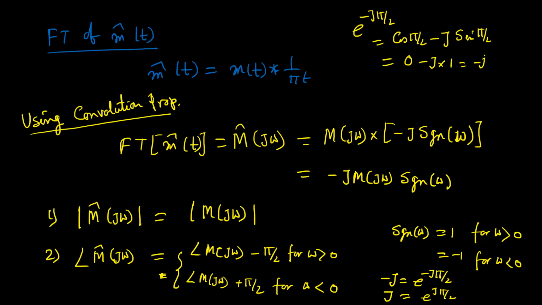Now, if I consider a real signal m of t, then we know that the phase spectrum is odd. So it is obvious that if pi by 2 is subtracted on the right side, then on the negative side it will be added by pi by 2. So then again it will remain real. So this process is a Hilbert transform. This is the effect: on the right side, all the frequencies have a phase shift of minus pi by 2.